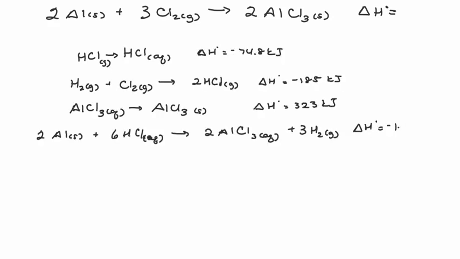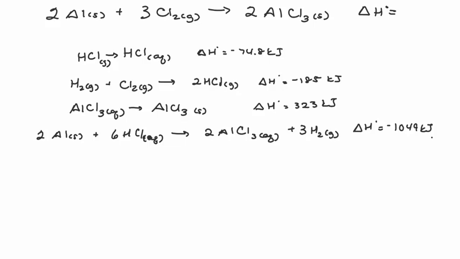So what we have are 4 pieces. We have gaseous hydrochloric acid reacts to form aqueous hydrochloric acid, and that has a delta H naught value of negative 74.8 kilojoules. We have gaseous hydrogen reacts with gaseous chlorine in order to form 2 moles of gaseous hydrochloric acid. That has a delta H naught of negative 185 kilojoules. Then we have aluminum chloride, that's aqueous, reacts to form